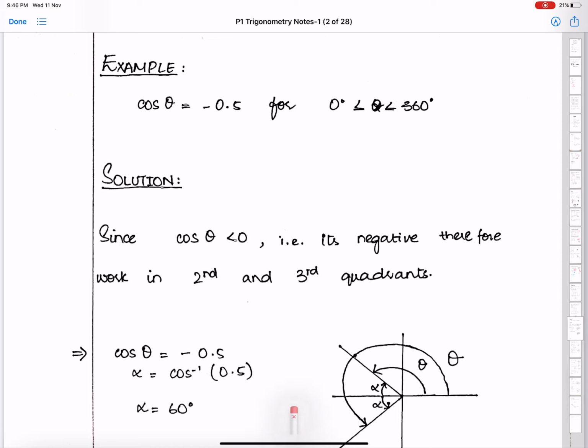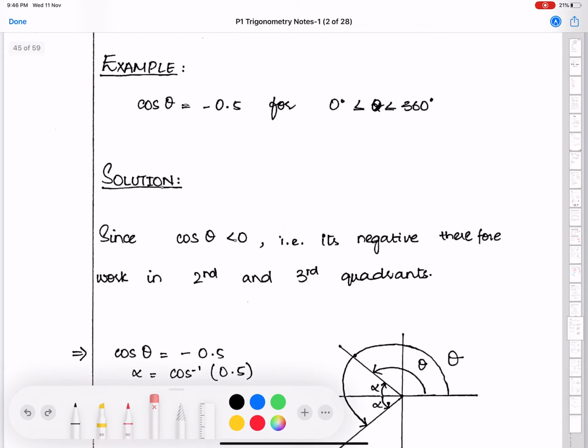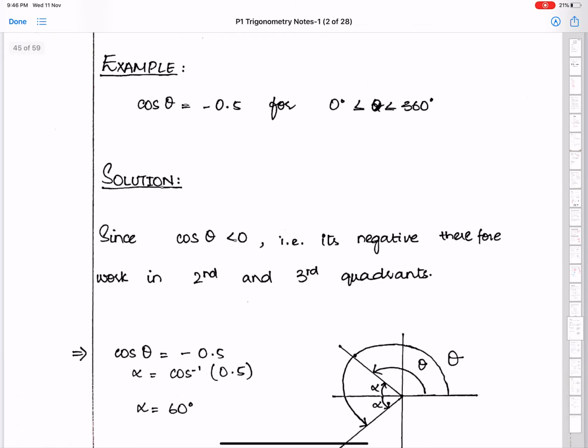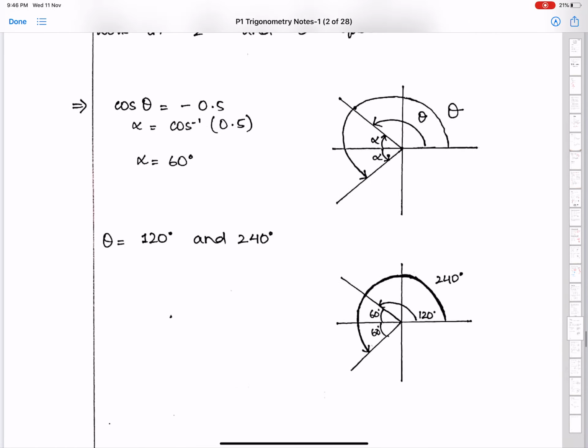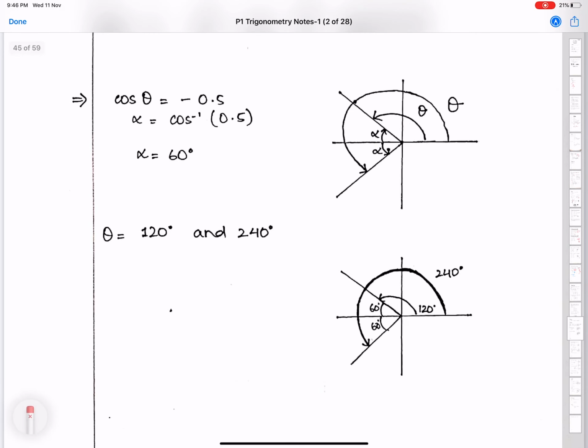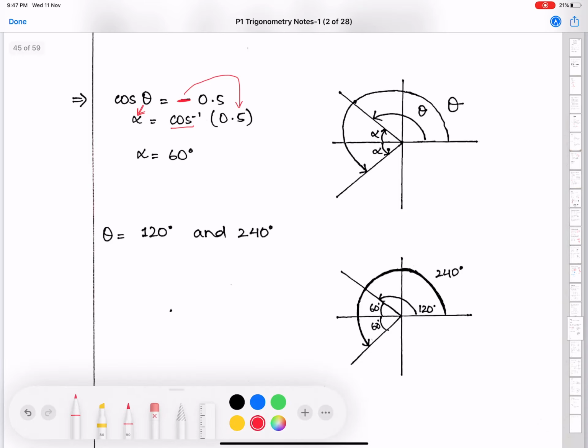Well, since cos is negative, therefore cos must be in second and third quadrant. According to cos is negative in second and third quadrant. Now this is very important. While inversing, you need to ignore this negative sign and you need to replace theta by alpha. Make sure you remember these two things. Whenever you find inverse, always replace theta by alpha and ignore this negative sign, because alpha is acute, so this negative sign must be ignored for alpha.